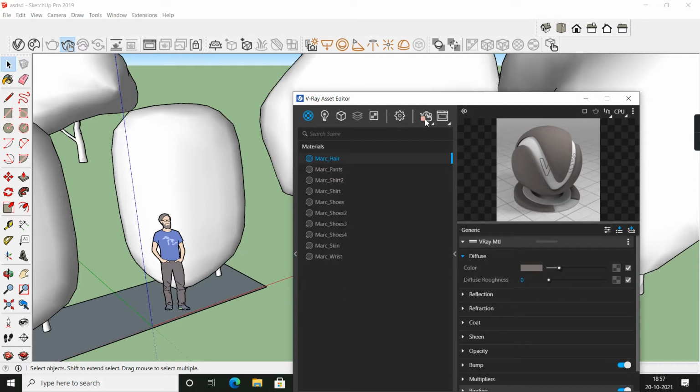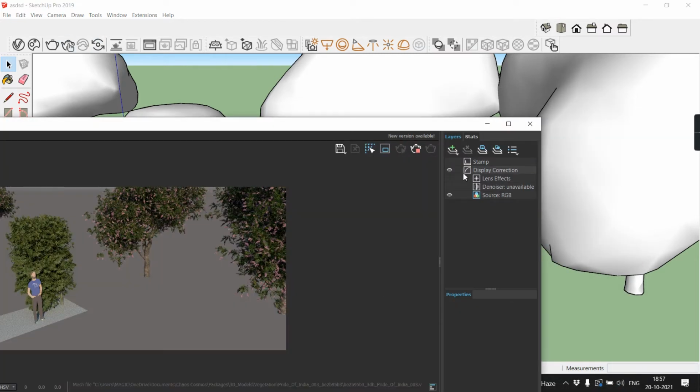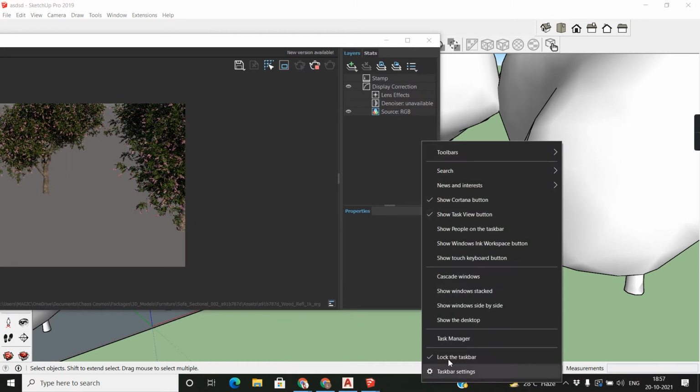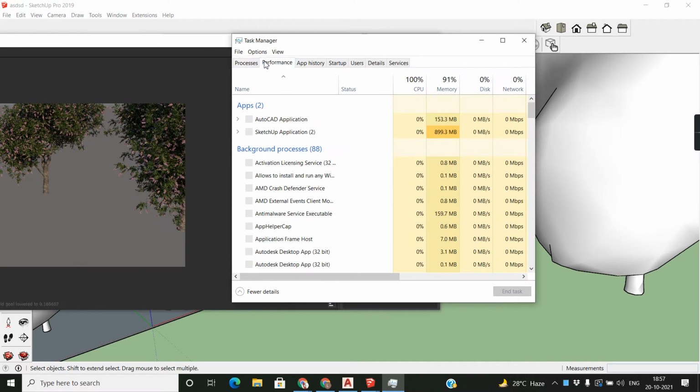And see, this means the render is still running. If you want, click here or see this activate button. If I click it, now it's deactivated. Now it's simple mode. And when it's activated, look, your system is running too high. So if you want to check the system settings, click here and check the performance.